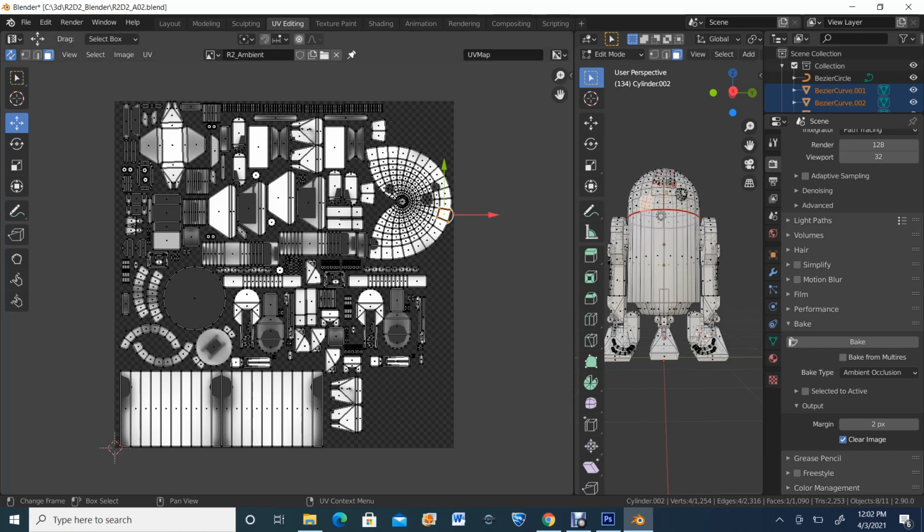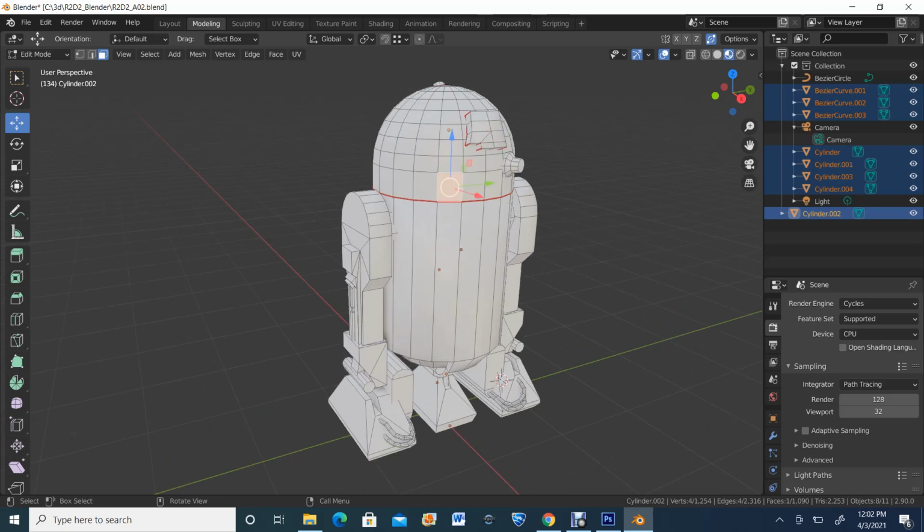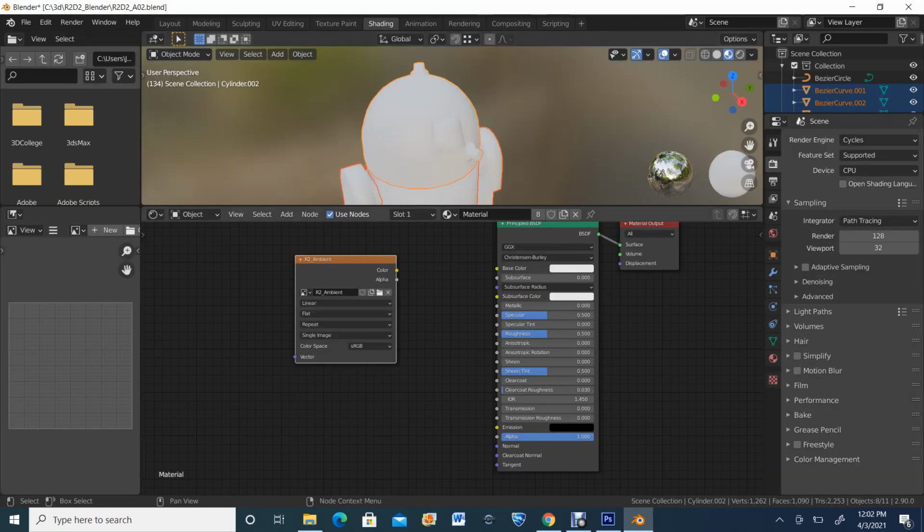So now that we've done that, we're going to go ahead and apply it to the R2D2 model and make sure there's no issues. So I'm just going to go to modeling so I can actually see what I'm doing. And now that I've turned that off, I'm going to go to shading right here. And if you can see right here, I can select this, and that's going to have the image that I have applied. So if I go in here, for example, and take this and drag it to the base color,